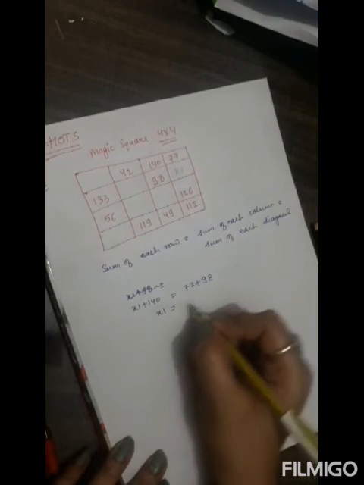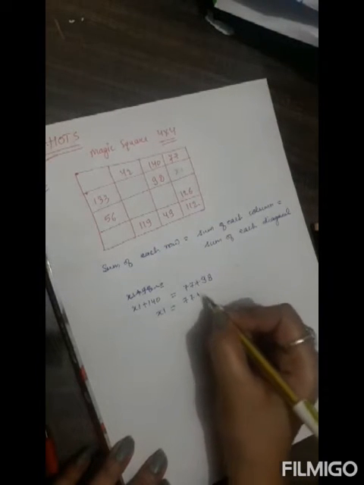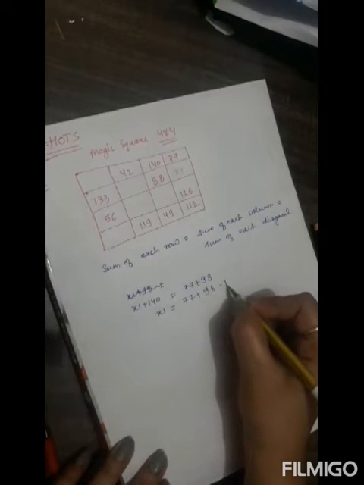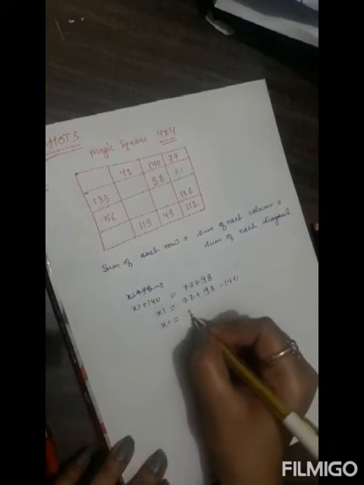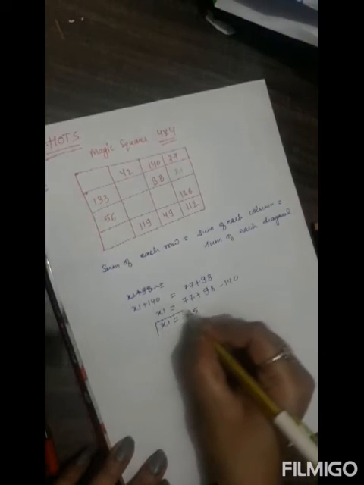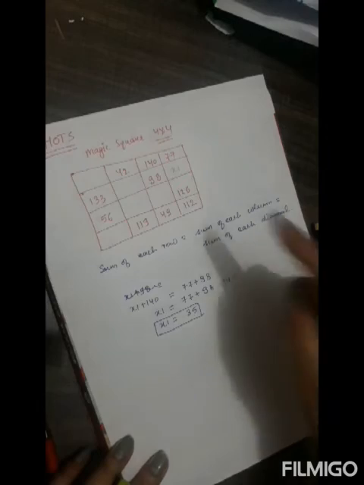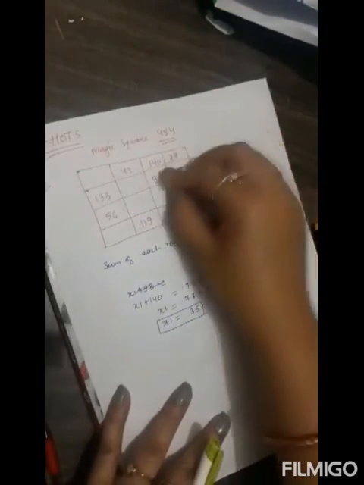So x1 is coming out to be 77 plus 98 minus 140. When we will solve it, the value would come out to be 35. So this is the value of this x1, or you can write simply here, then you can erase it and you can write it